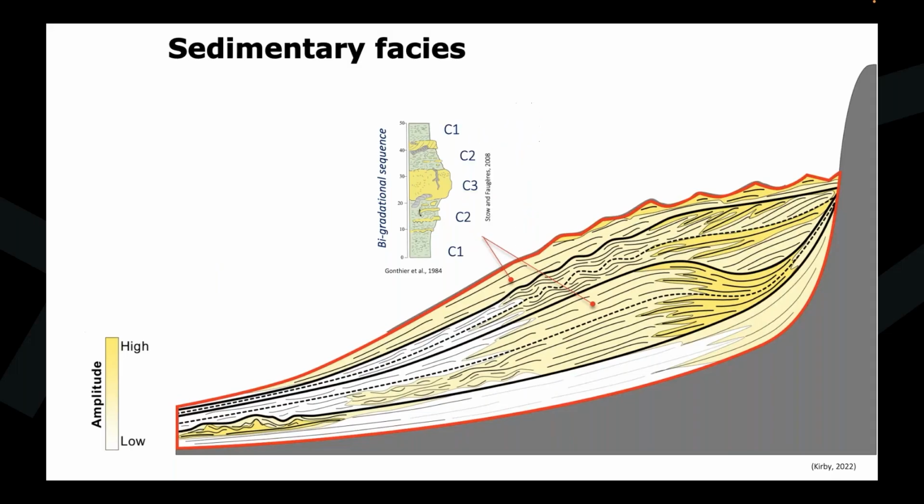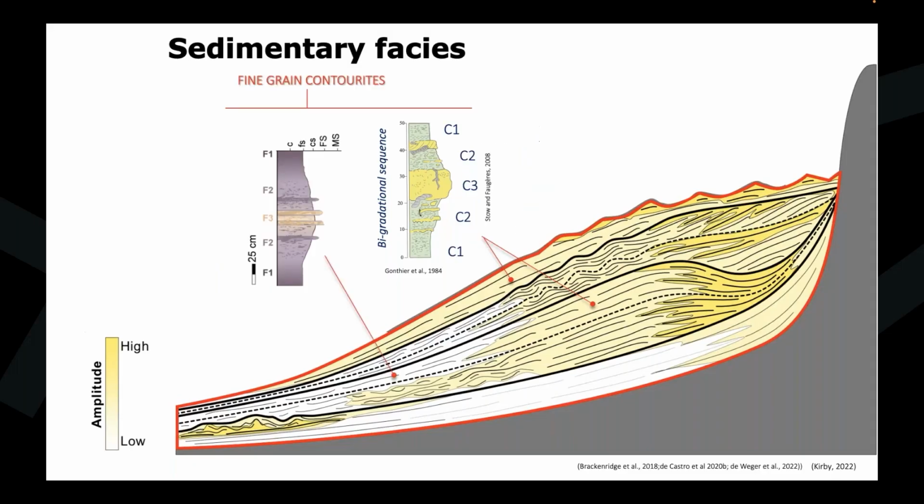When you move distally, you can still see the bigradational sequences, but thinner. The average is around a meter or half a meter, but we have seen bigradational sequences of more than 10 meters in some areas, or even thinner. When you move distally, the thickness is very, very thin. When you go proximal in the system, you start to see asymmetric sequences, and the top part is eroded away,